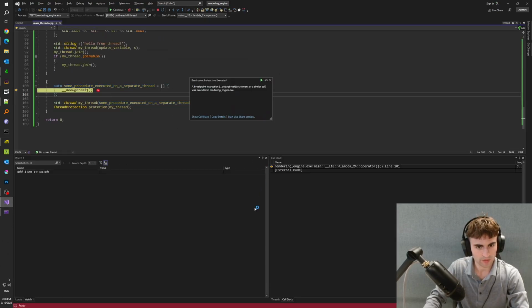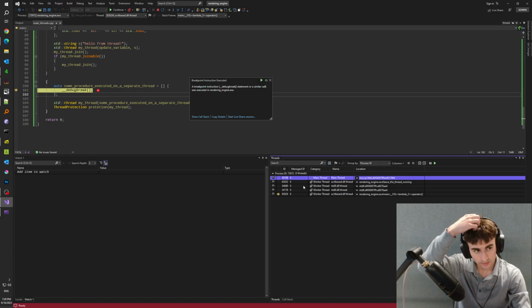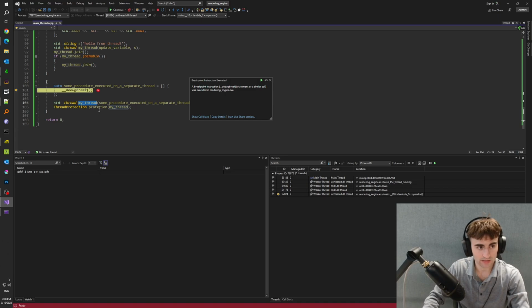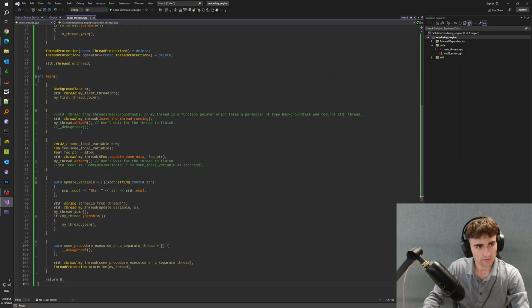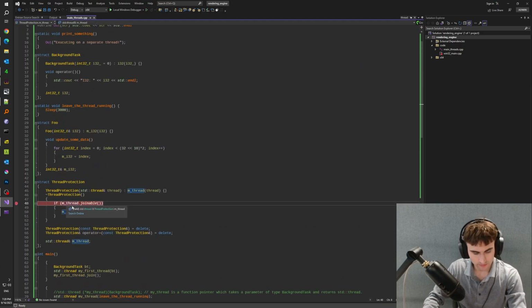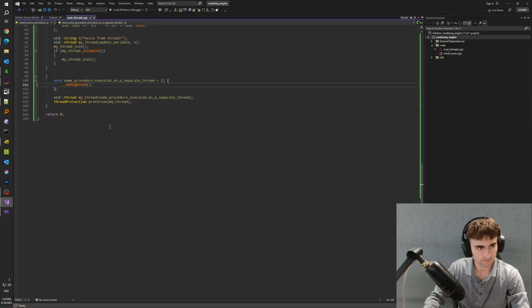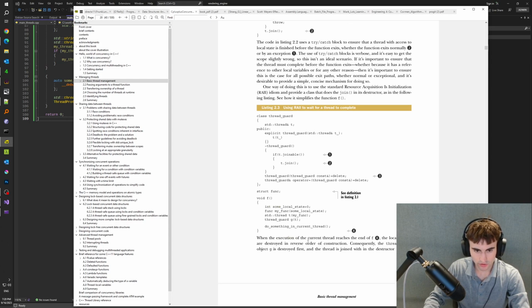Okay, and we hit a breakpoint, and we are on this thread. We are not on the main one because this thread takes an execution. And to be explicit, I can even set a breakpoint. That's fine. When the execution of the current thread reaches the end of f